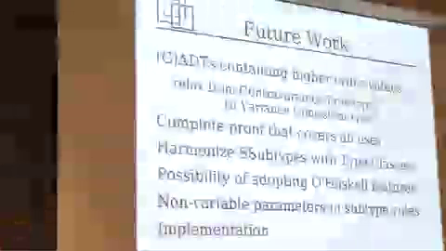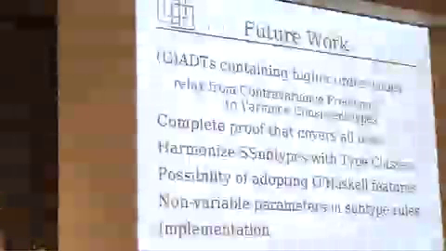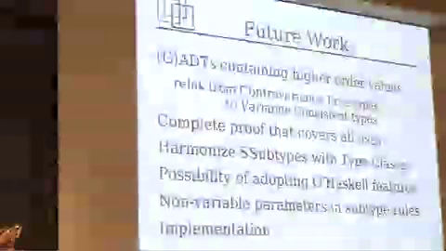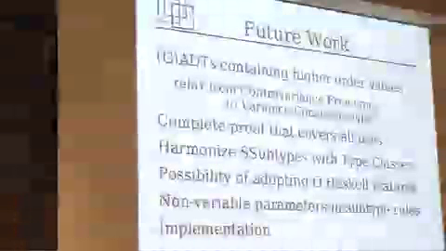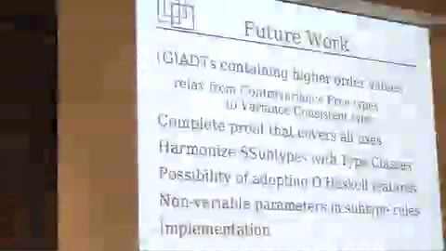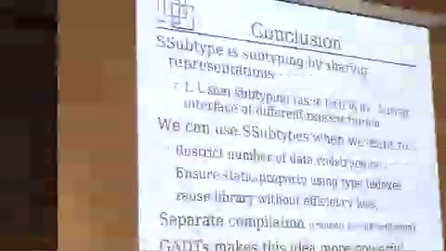Another one is the possibility of adopting Haskell features. Haskell actually shares the constructor names, and in often cases we don't want to. If we have three different lists, we would really like to write all nil and cons, not something like cons 1, cons 2, cons 3. So we don't have any implementation, we're just in design, so this implementation will be future work. And conclusion,